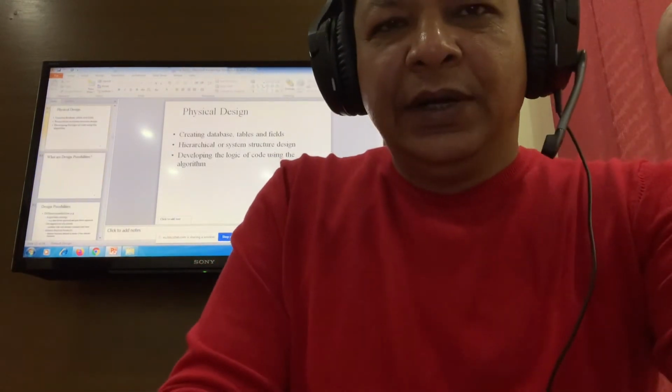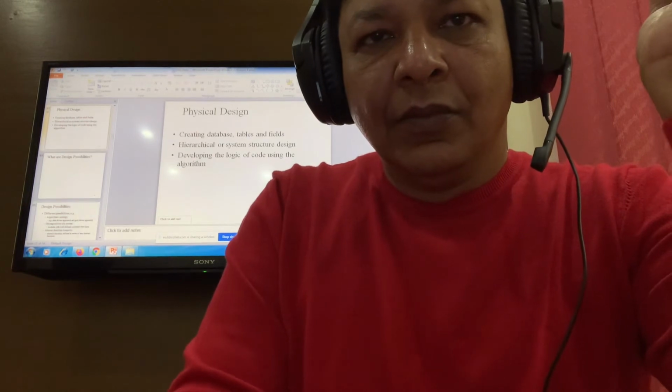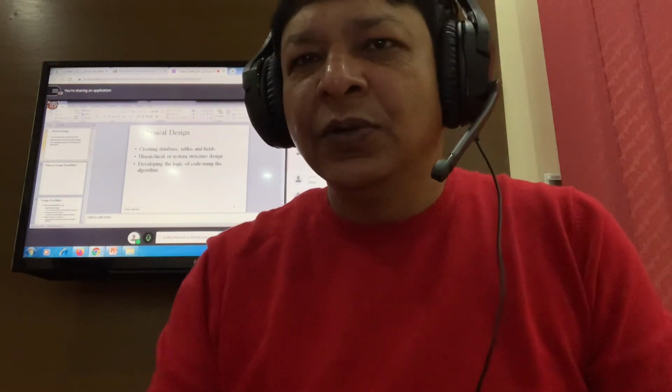Then you have physical design. In the physical design, after normalization, we know what the main entities are. Entities mean the main tables. What are the attributes, the field names? For example, the student table and student attributes: STID, ST name, semester number, and so on.